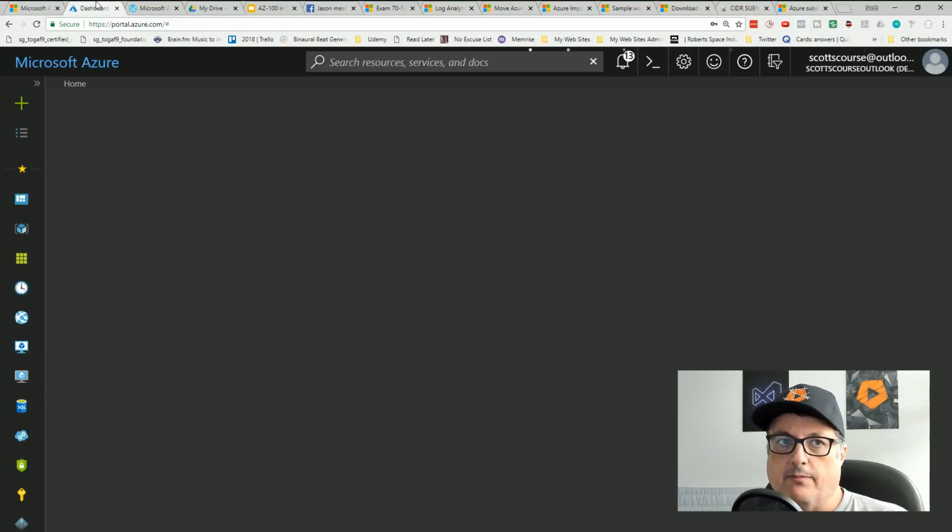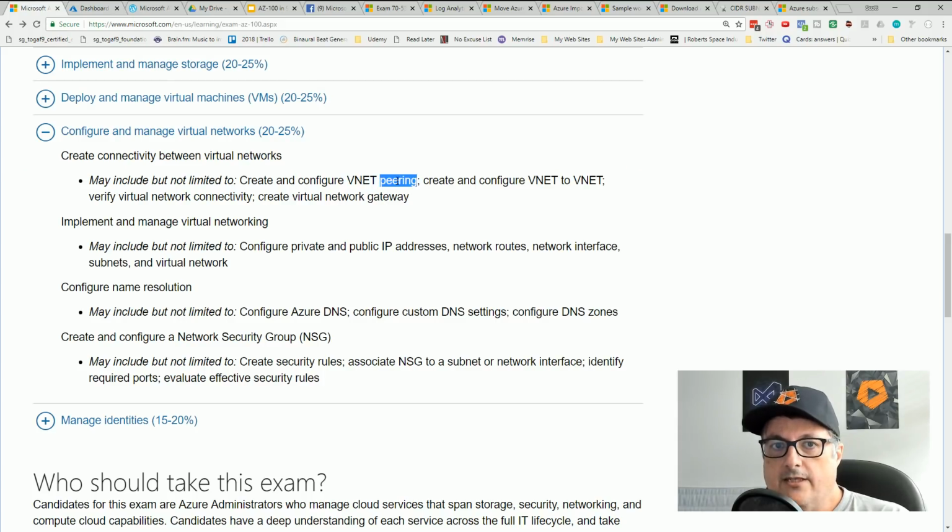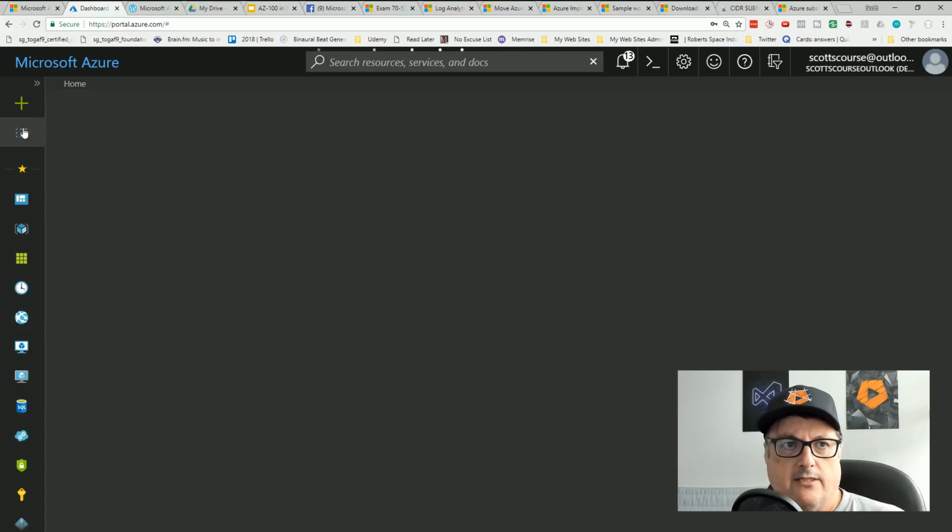They're basically blocked by the firewall. So what we need to do is set up a peering arrangement between two virtual networks in order for those machines to talk to each other. So that's VNet peering. Configure VNet to VNet. That is a type of security. If we go into the network security group, I don't know why this is.